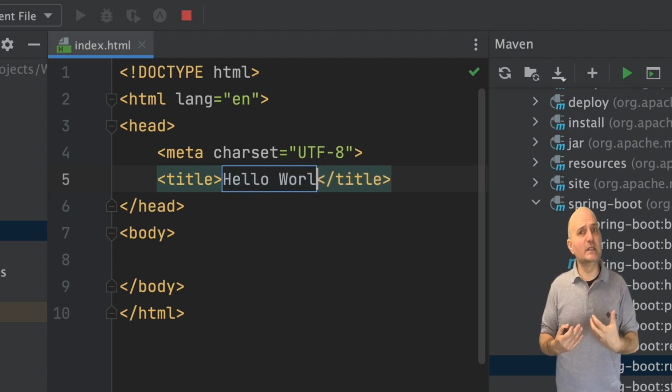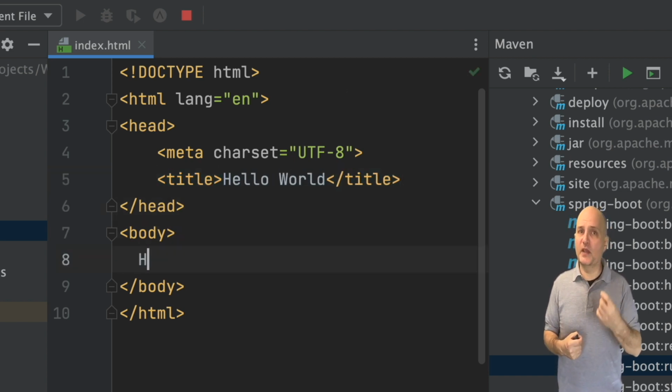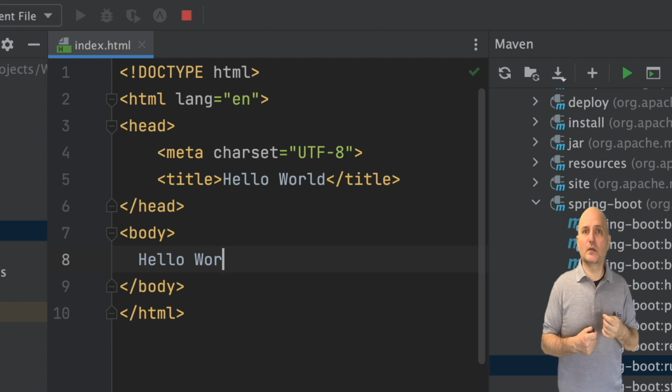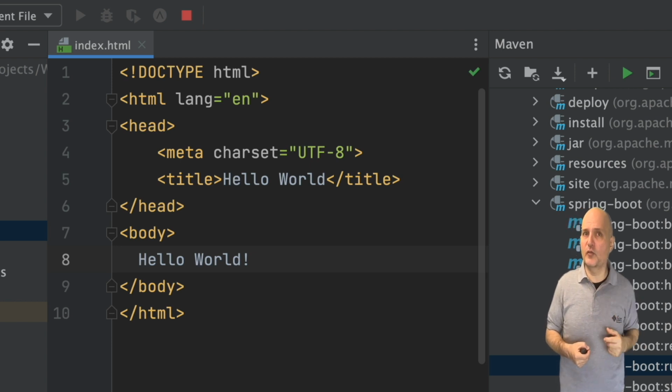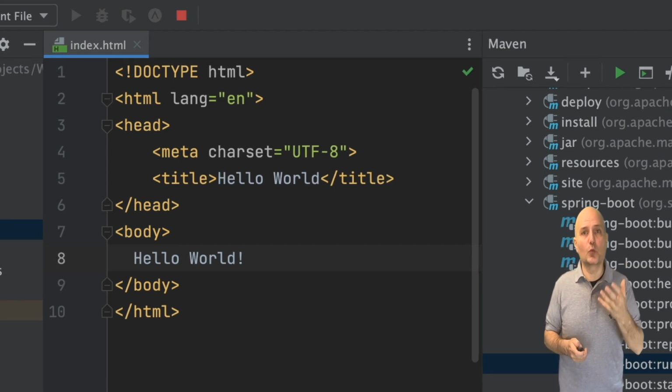HTML is what we see when we navigate the web. I'm guessing most of you are familiar with it to one degree or another. Notice it's pretty similar to the POM XML file we saw previously. This is because both of them have similar ancestry. We just type Hello World in the title area and also Hello World in the body, so we will see something in the browser and know that it worked.